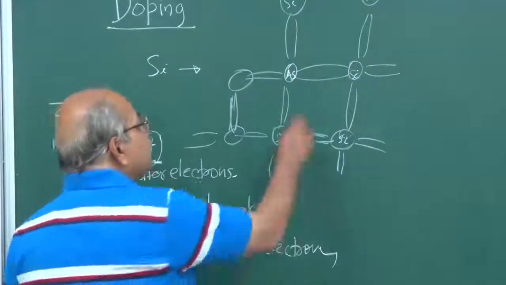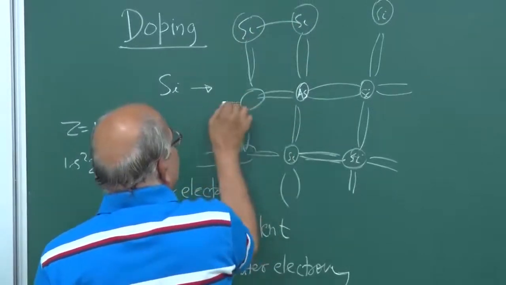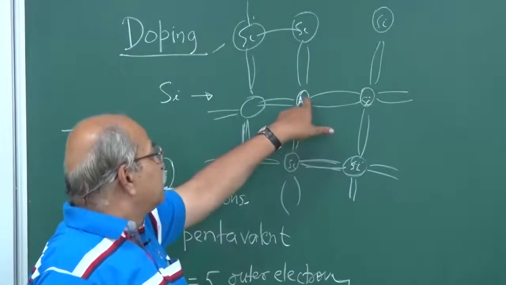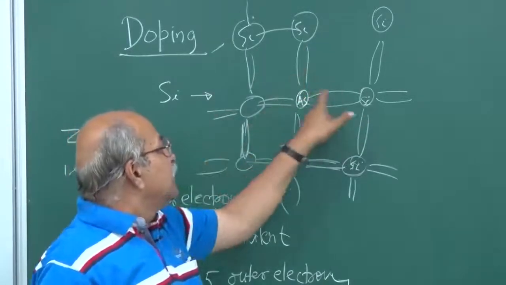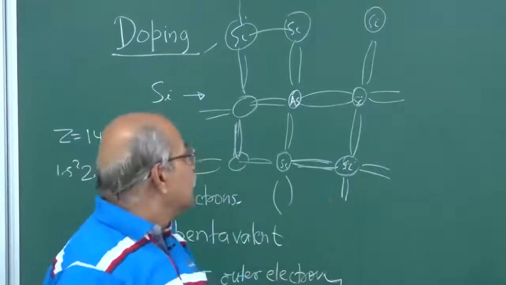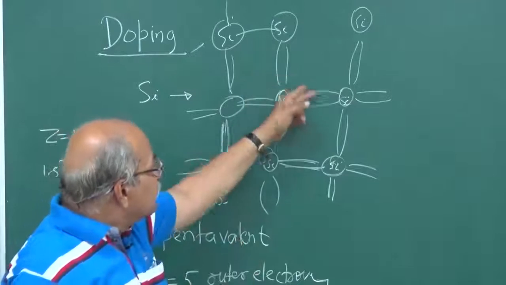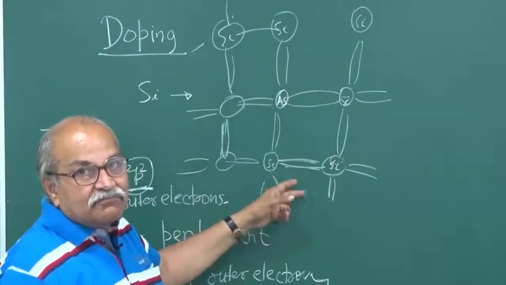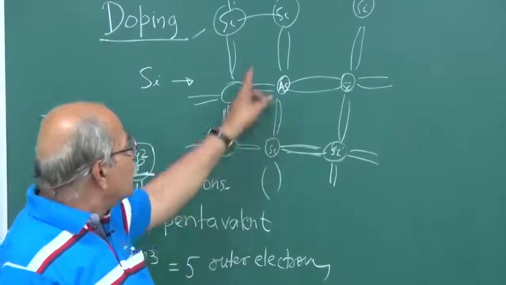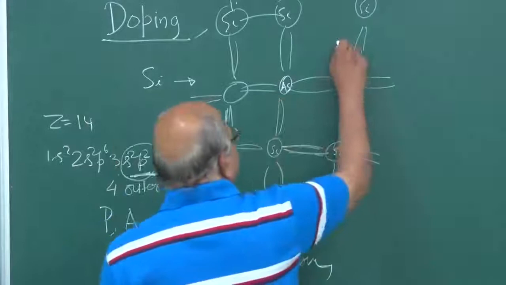This arsenic is also bonded to the 4 neighbors in that tetrahedral structure, and 4 of its outer electrons are consumed in that. But the 5th one, the extra electron, cannot go into this bonding,